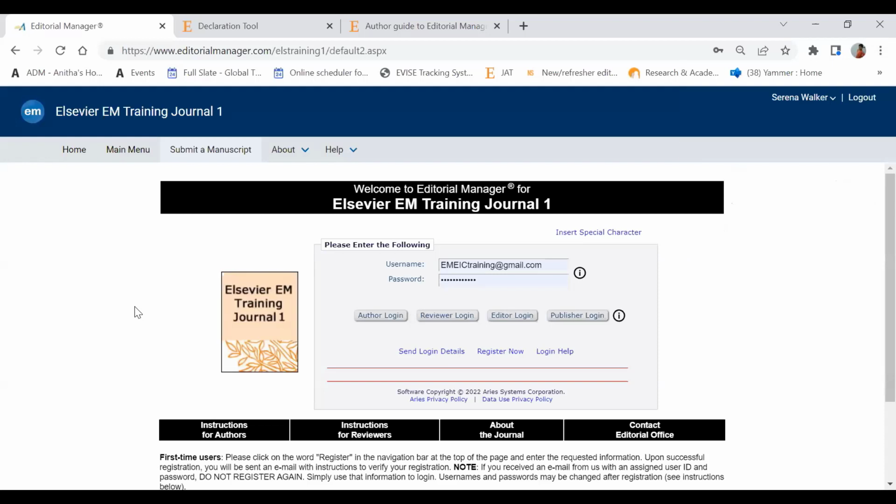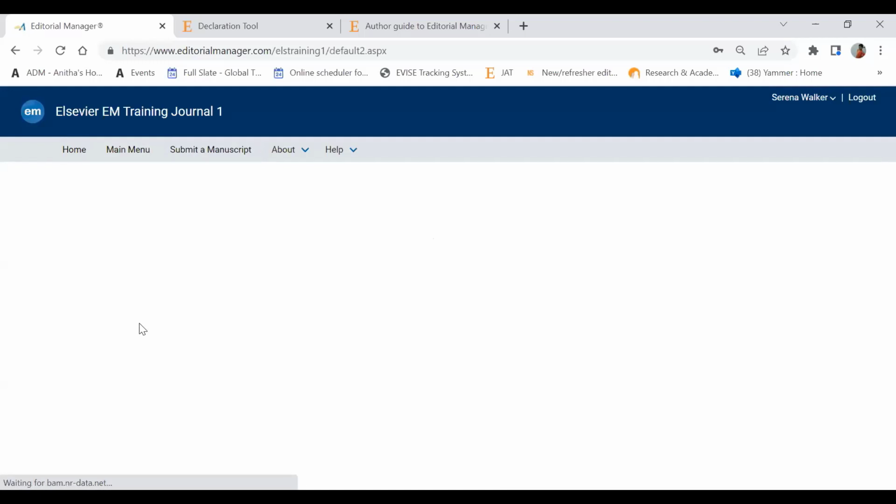Thank you very much. So if you're a new user, click on the Register Now button to register yourself with the journal. And if you're already a registered user and you'd like to retrieve your username, you can click on Send Login Details. And if the system finds a matching email address, you will receive an email containing your username and a link to reset your password. And once you're in the main menu,